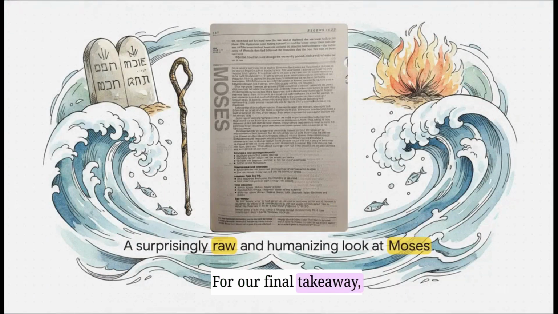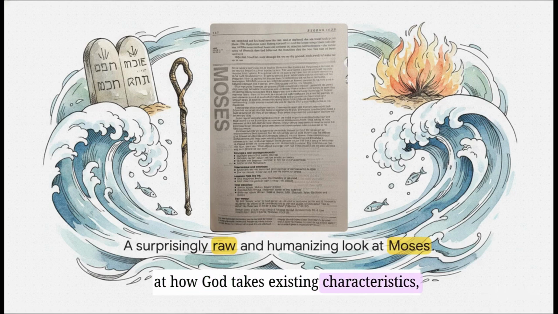For our final takeaway, we're going to pivot away from the macro history and zoom in on an intimate character study of the man at the center of the storm. The source material has this extensive sidebar that gives us a surprisingly raw, humanizing look at Moses. It strips away all the legendary myth and shows us a figure who was honestly incredibly flawed. It asks us to look at how God takes existing characteristics, both the good and the bad, and molds them